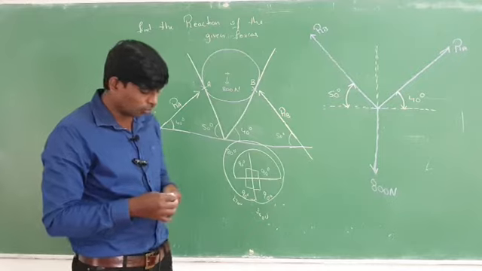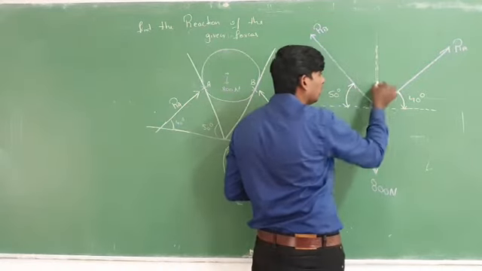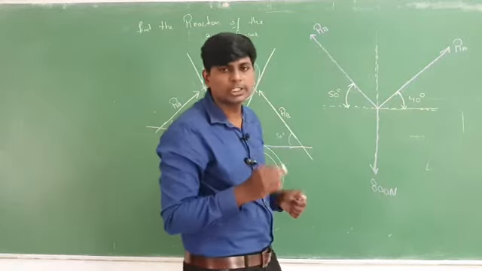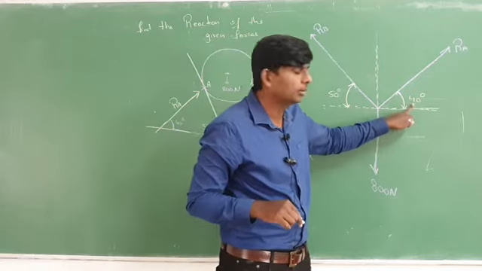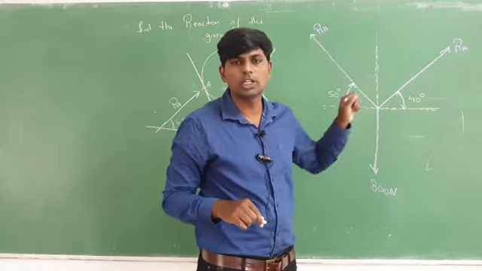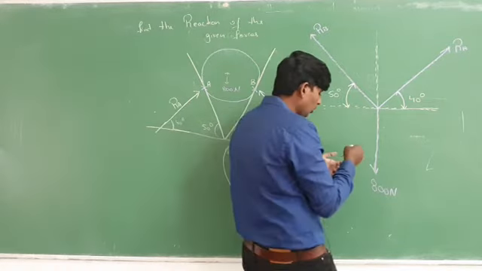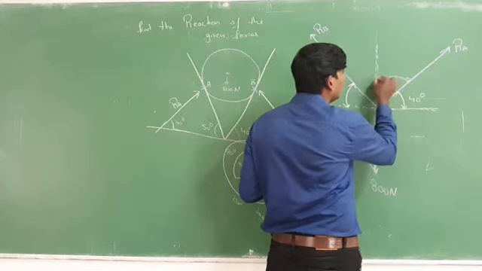So what you have to do, see here, from here to here you know very well, how much angle will be there? 90 degrees. But here he already occupies something. How much does he occupy? 40 degrees. So 90 minus 40 will be 50 degrees. So this one you can treat as 50 degrees. From here to here how much angle is there? 50 degrees.